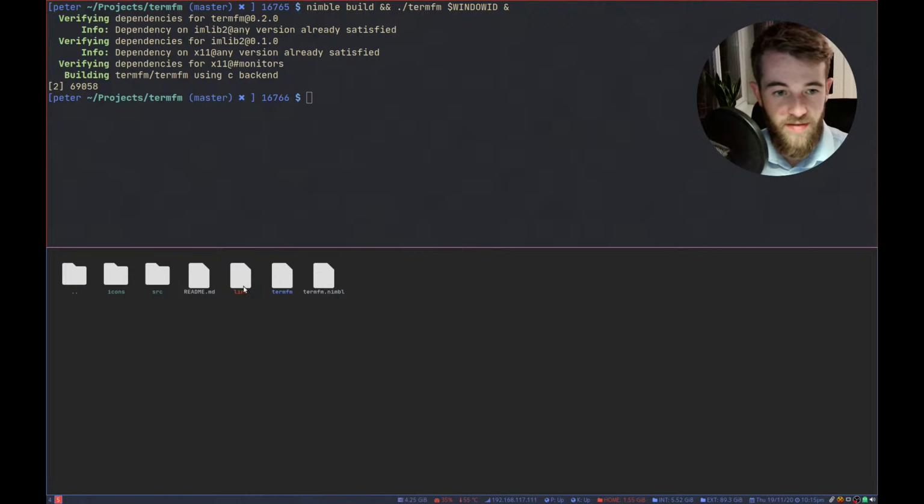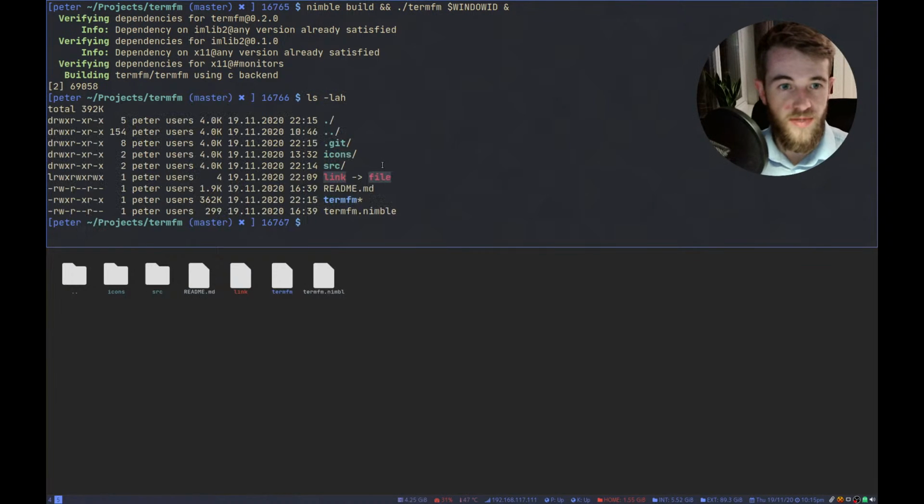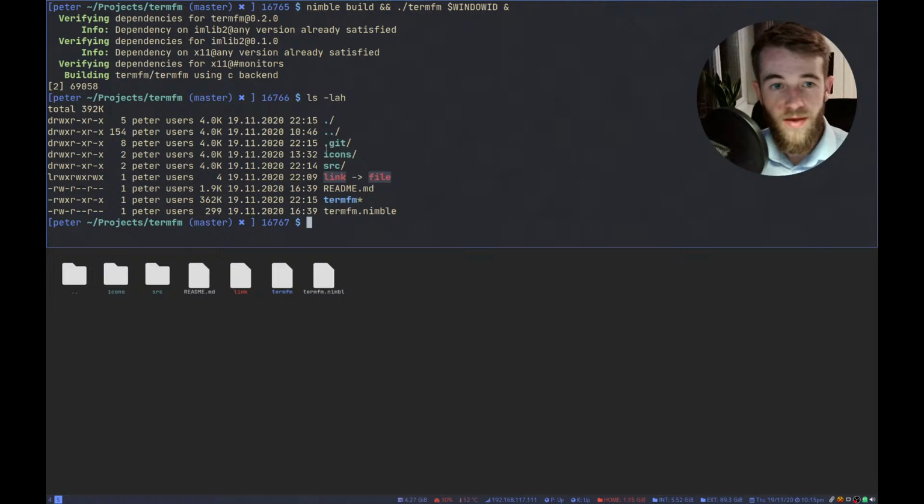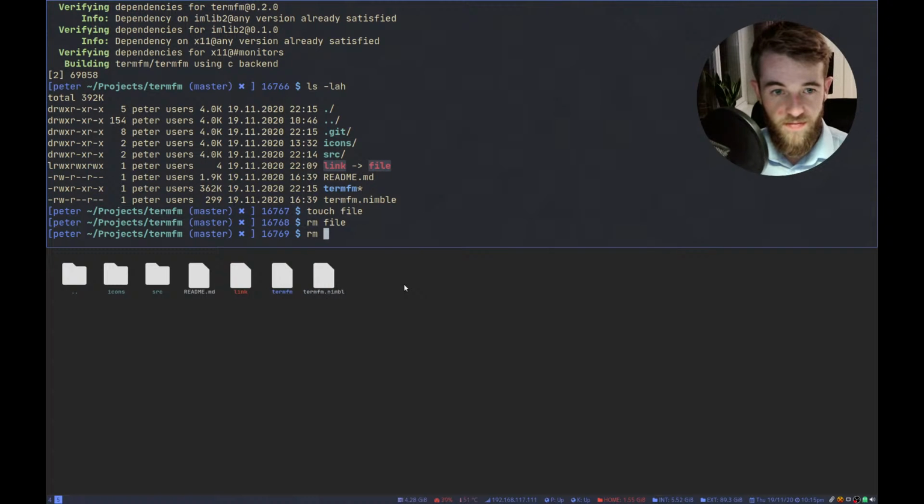Right, now we only have them once. This should match what we see here. We have icons, we have source, we have link, we have readme, we have TermFM and TermFM.nimble, which is lacking an E because it's too long. We don't show hidden files. That might also be something that we want to support in the future. So if I now touch the file, that creates that file. Perfect. Okay, so